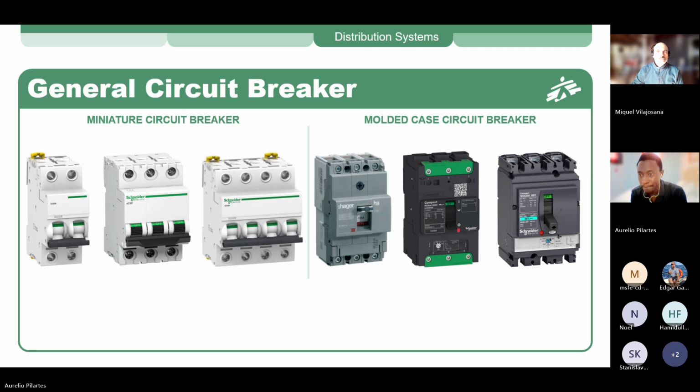I'm just going to add one thing more, sir. Maybe I'm right or not, you can make the corrections. For some areas we have large cable, and instead of MCB, we are going to use MCCB because of the cable size. Am I right or not? Because we can also find small amp MCCBs. Yes, exactly. You're right.